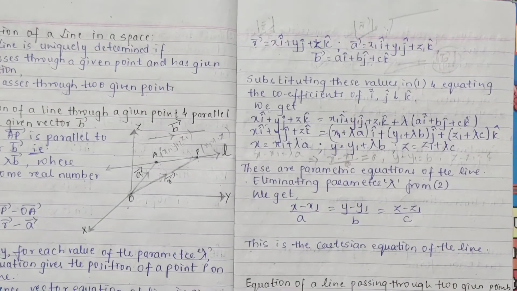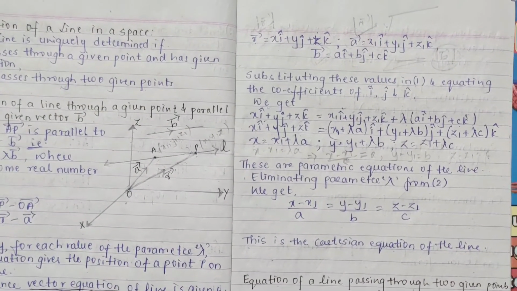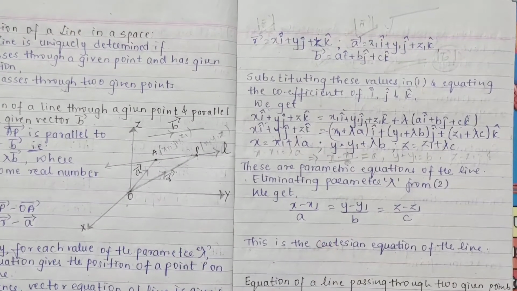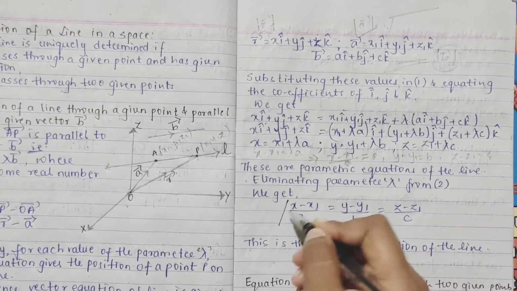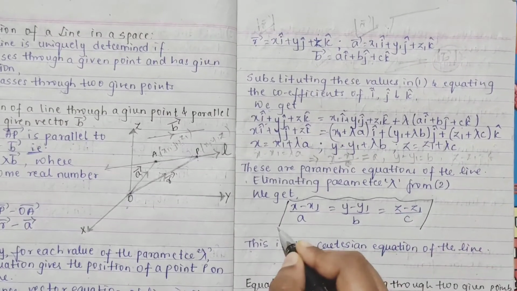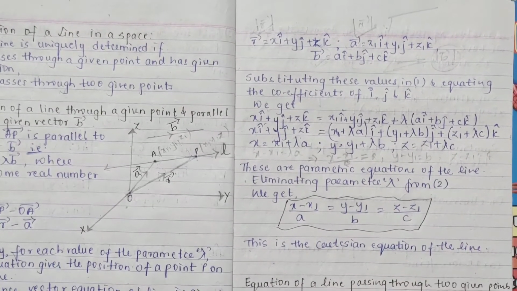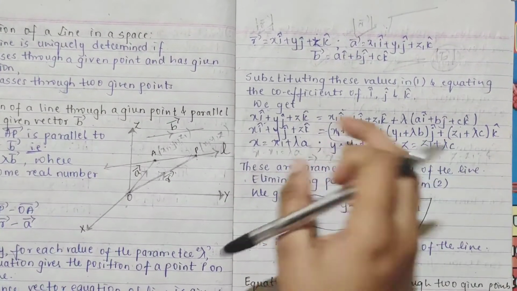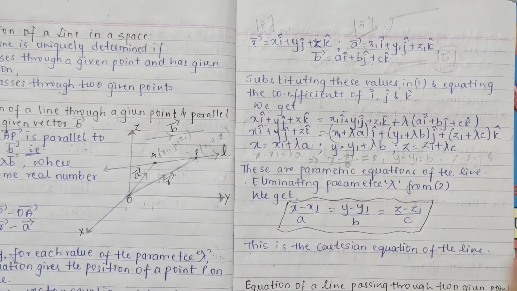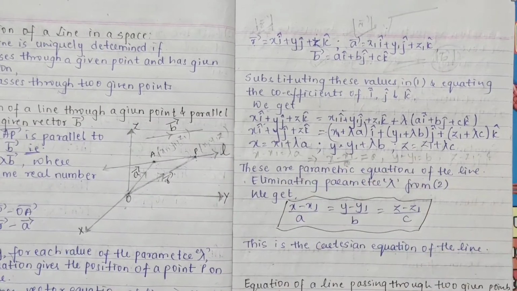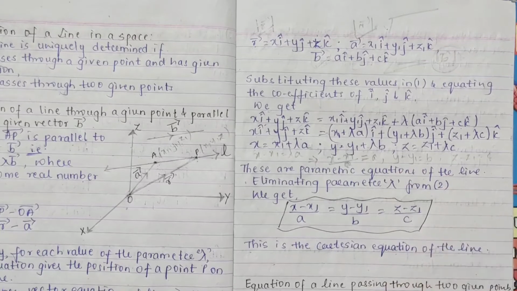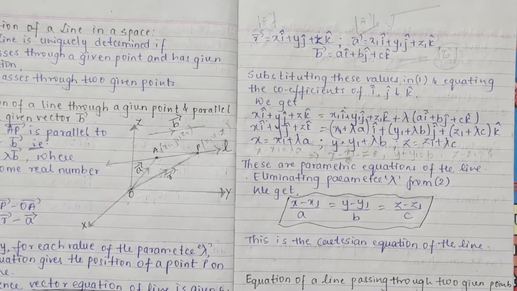So when they ask in problems to find the Cartesian equation, you have to use this formula. I hope it is clear. It is not much, you don't have to use your head, just do your additions, that's it. Here we are eliminating lambda, simple. You have done this before with ratios, your external and internal division.